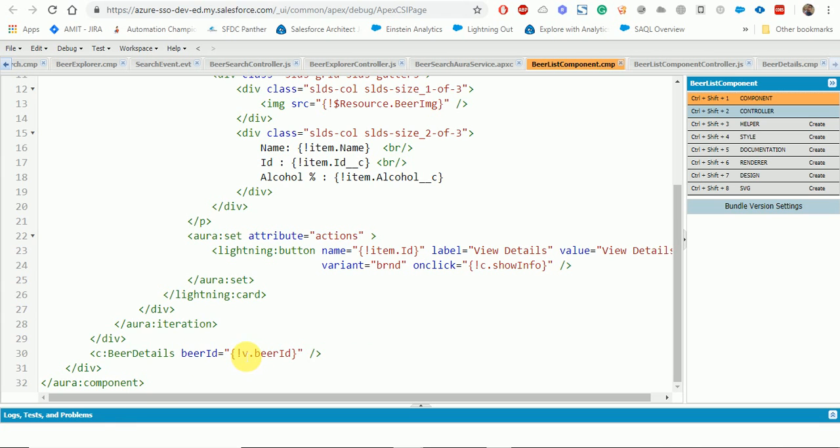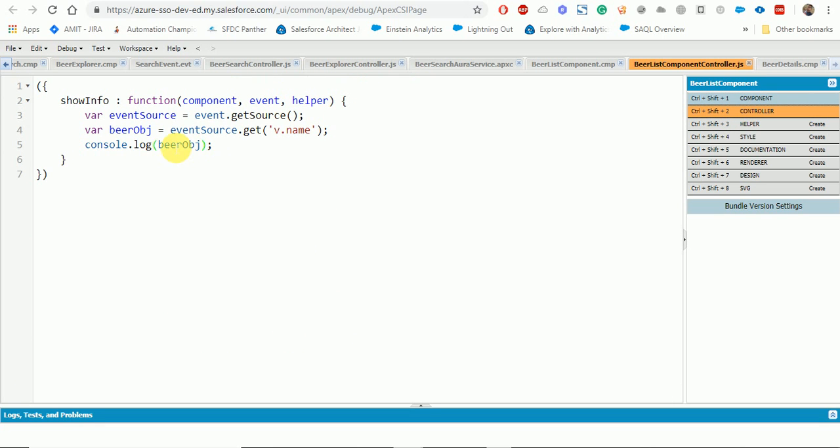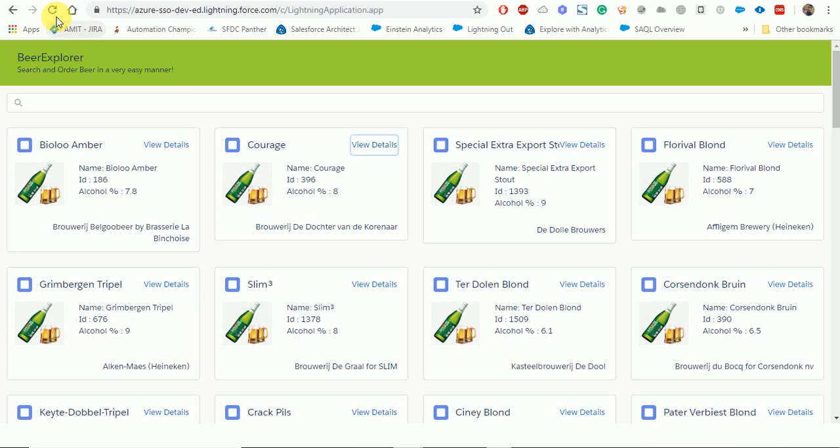So here we are passing the beer ID in the beer ID attribute of the child component. And then from the controller, whenever we are clicking on this, we will set the value of the ID that we are getting here in the beer object, and then we'll see if we are able to get the information or not.